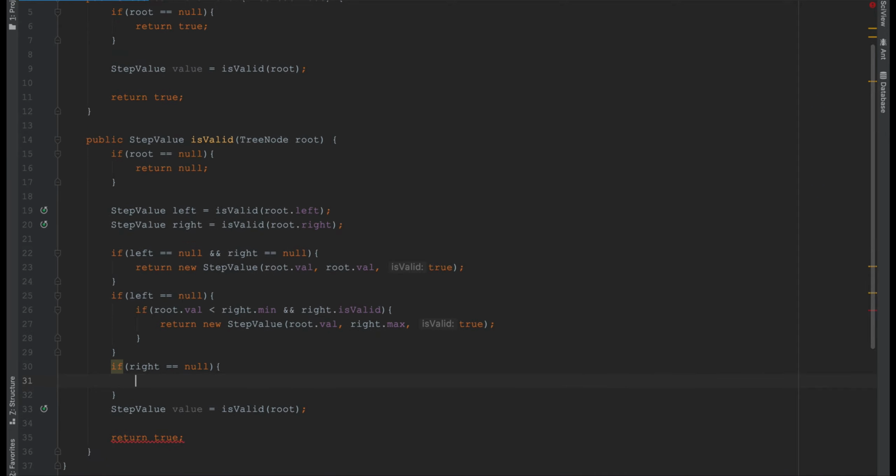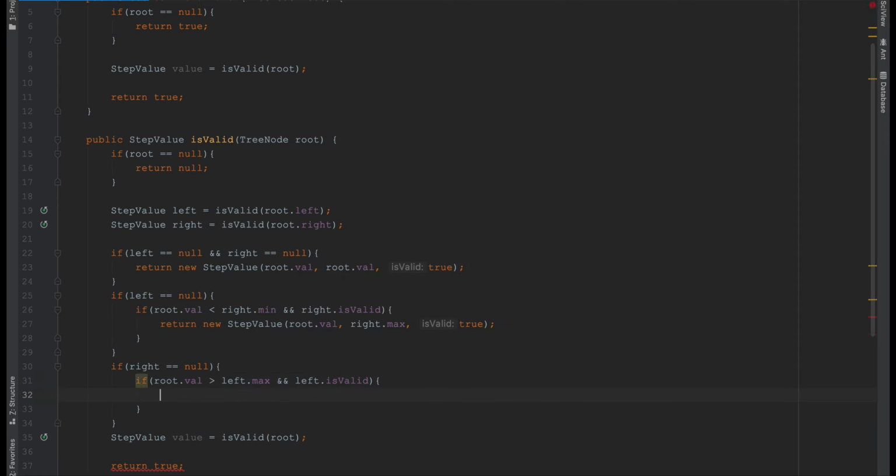For the right node, we'll check if root.val is greater than left.max. As I told you, the value at any node should always be greater than the maximum value from its left subtree. So this condition checks that, and we have to check if left is valid.